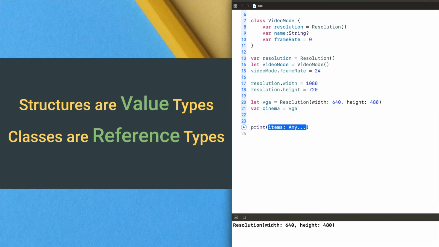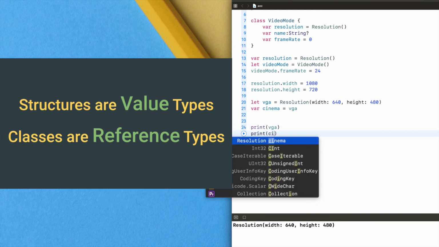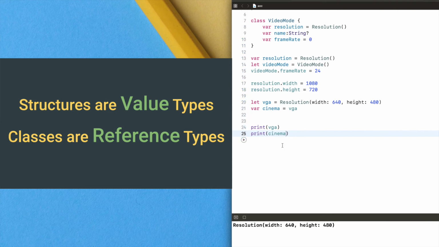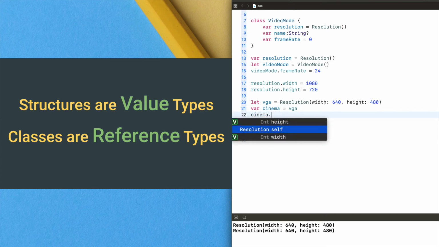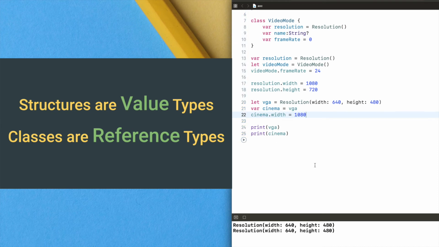Print VGA, print cinema. So both have the same value, and now I am going to change the cinema dot width equal to 1080. See this, the value of VGA remains same, but the value of cinema has changed. This is because the structures are value type.